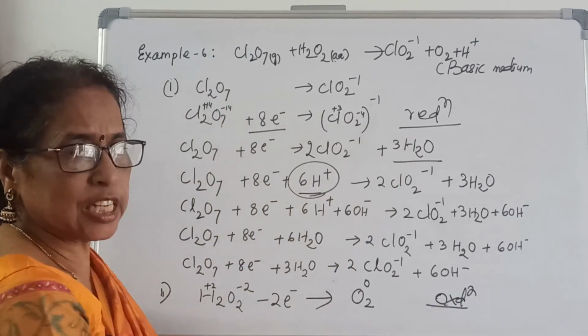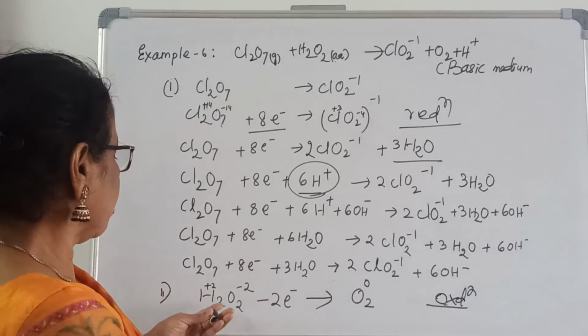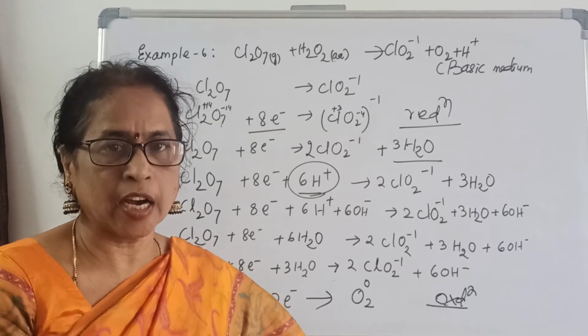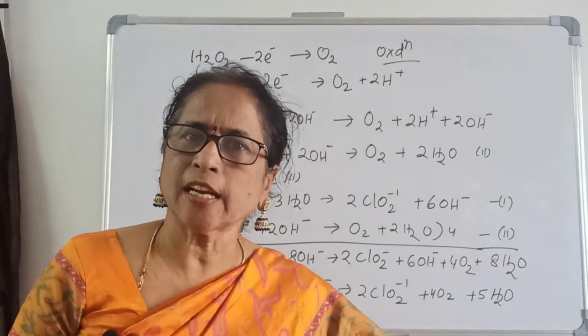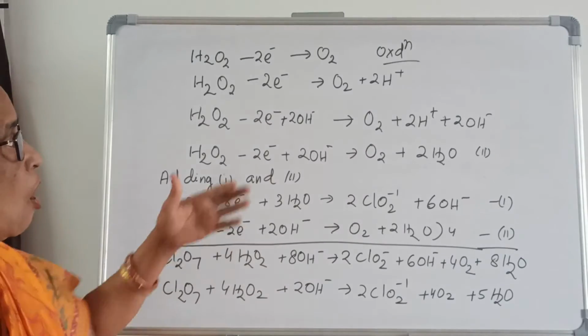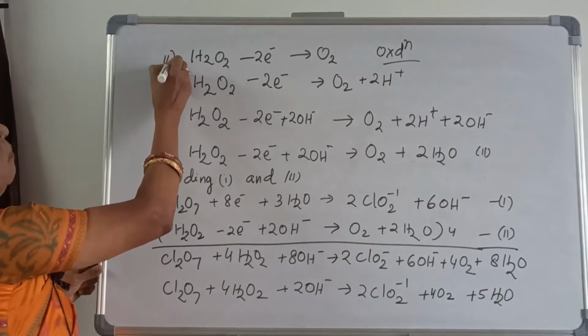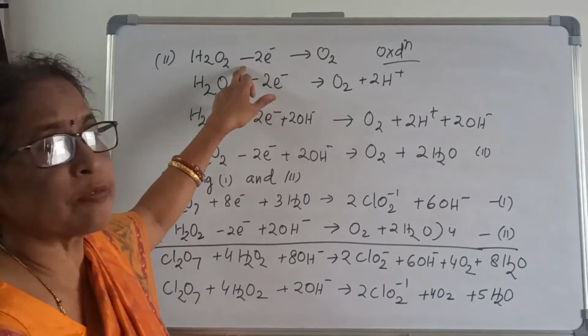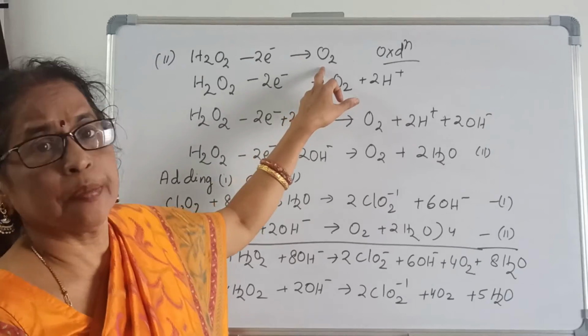Here reduction takes place, and here oxidation takes place. Now our duty is to balance oxygen and hydrogen on both sides. Now this is the second half reaction where oxidation takes place. The second half reaction means here oxidation takes place where hydrogen peroxide loses 2 electrons to give oxygen, where